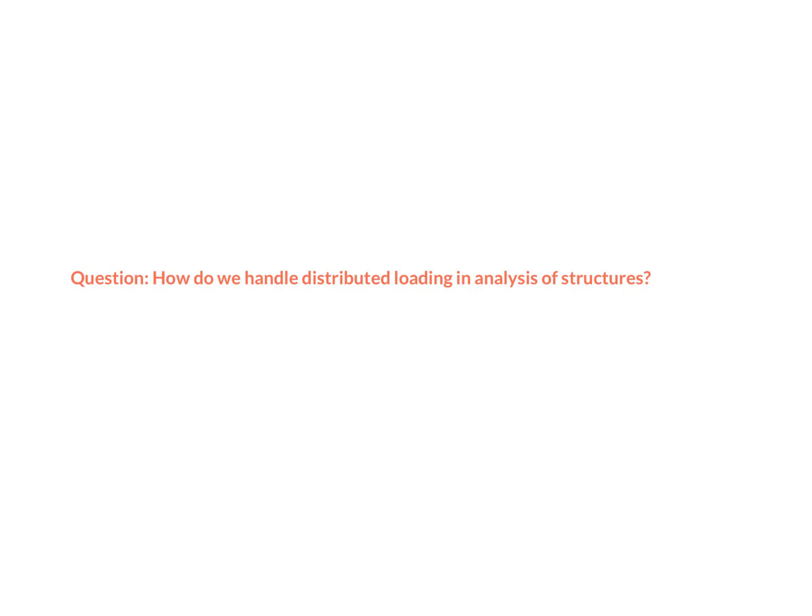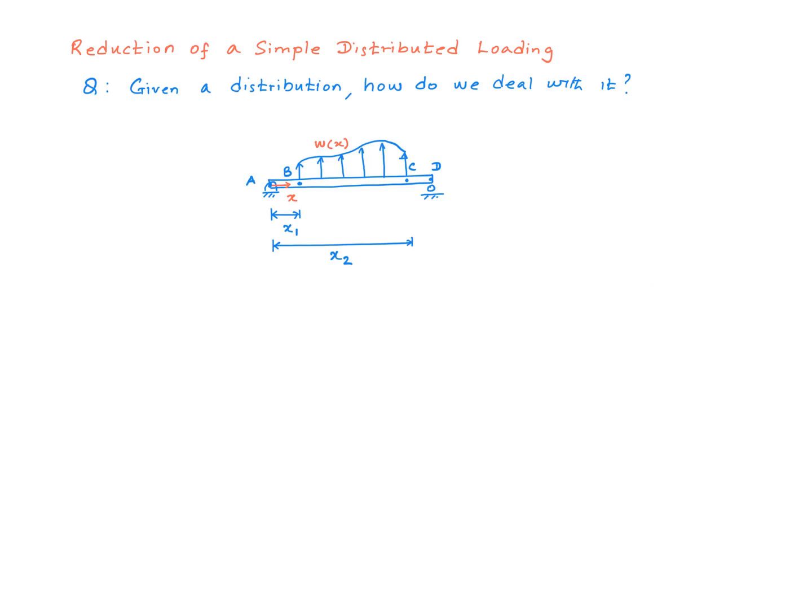The question that I have is, how do we handle distributed loading in analysis of structures? Let's define our problem like this. We have a simply supported beam and there's a distributed load acting between points B and C in the vertically upward direction. The intensity of the distributed load varies with the horizontal distance, and if I were to choose a